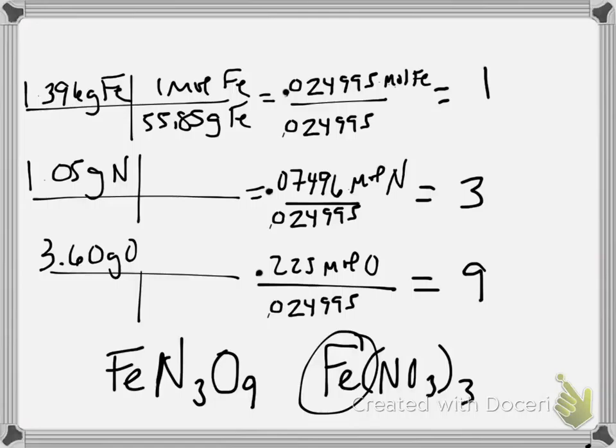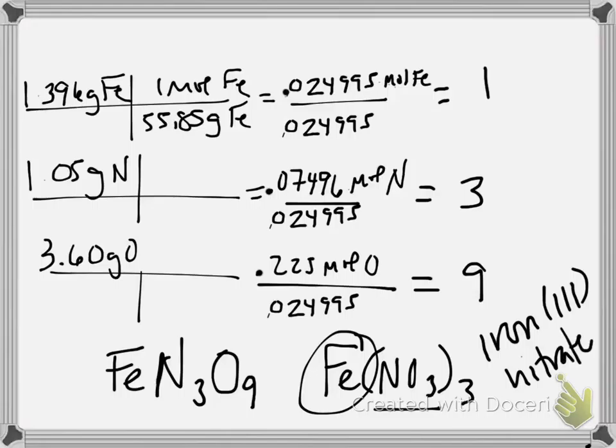Well, once you remember that this is NO3 3 times, then you go pretty easily, oh, it's iron 3 nitrate. So that was the correct answer for that. Iron 3 nitrate. And if you said just iron nitrate, I took off a half, I think. Okay. Number 3 was pretty easy if you didn't overthink it, which we're prone to do, especially once we've added